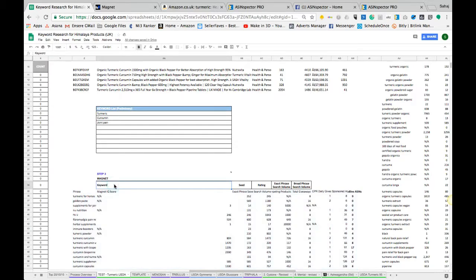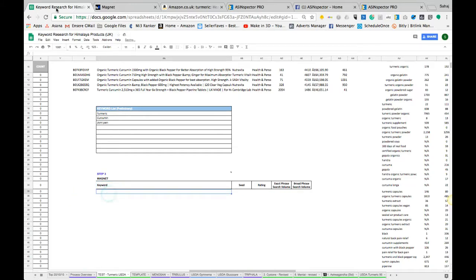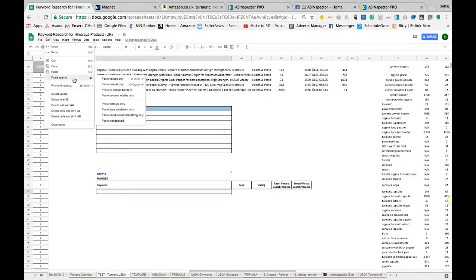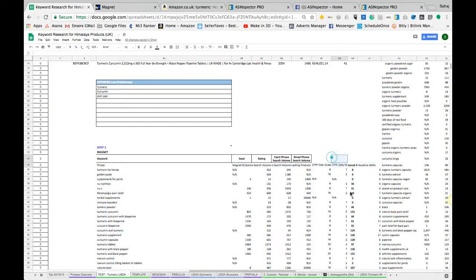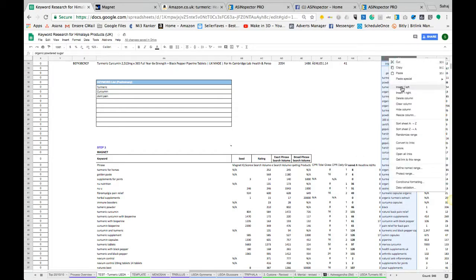Boom. I'm going to say edit in this column, paste values. Okay, they've recently added these columns. It wasn't there, but that's a good thing. Okay, that changes a bit